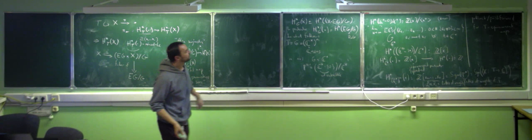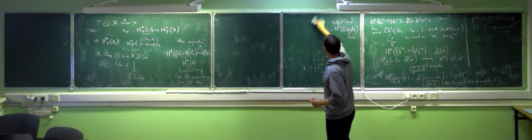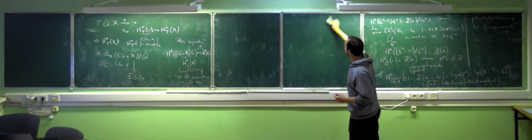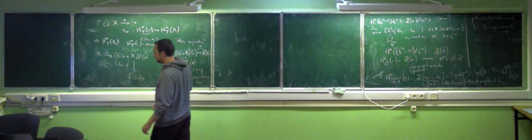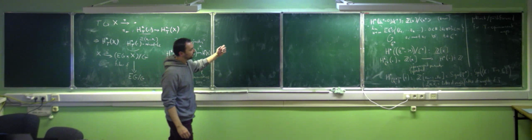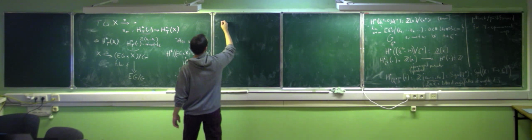No. First, I want to say one more general word about homology. So the way I presented cohomology was basically via homology. I said, cohomology, I can't be bothered defining it properly, so I'm going to define homology, which is easier, and that's the end of the story. So what about here? Can we define everything in terms of homology? Yeah, pretty much. So the idea is,